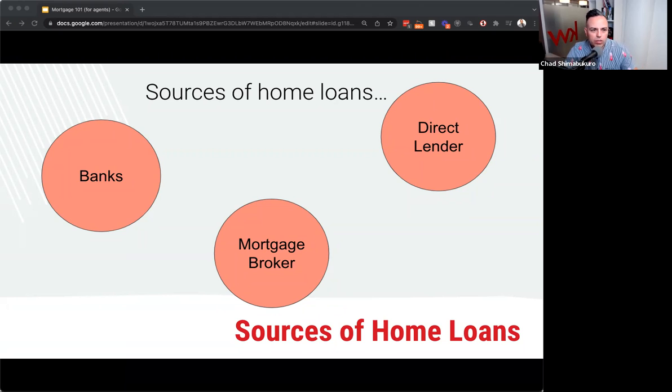So there's a difference, right? The first circle that I have here is banks. Banks, credit unions, any brick and mortar that you walk into is one source that you can get a home loan from. And I'm not saying that they shouldn't get their mortgage from there, but it's far easier to refinance with a bank, because when you refinance, you're not under contract. You're just refinancing to whatever the current rates are.